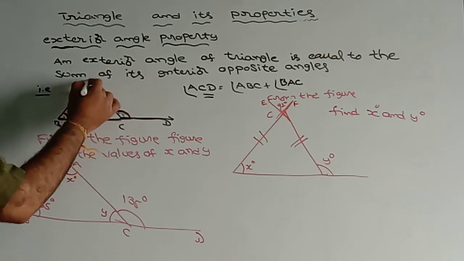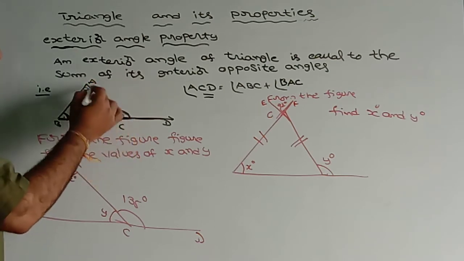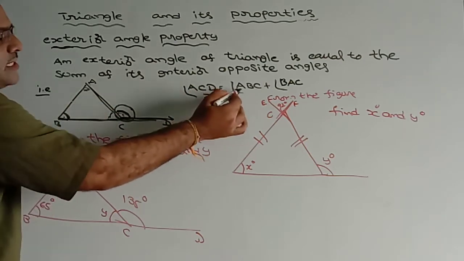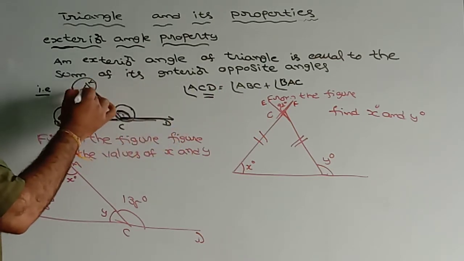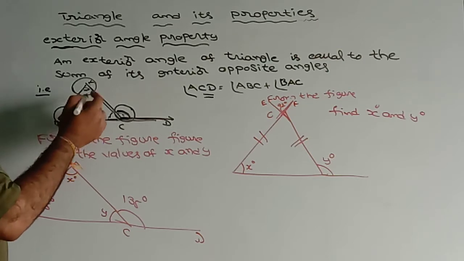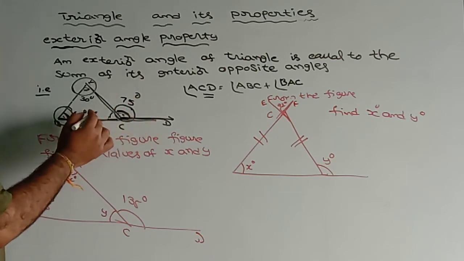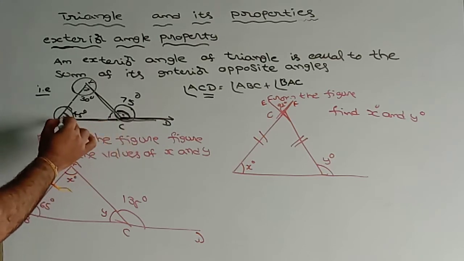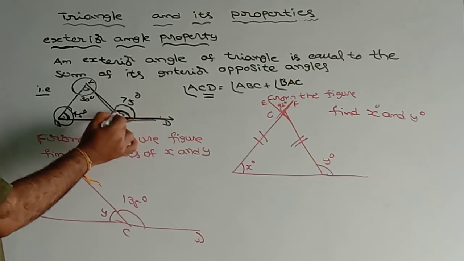In the same manner, side BA is produced, here some exterior angle. Then the inner meaning is angle ACD. Here you find the angle. How to find it? That means angle ABC, here angle plus here angle. If we add both angles, suppose this is 45 degrees and this is 30 degrees, then this angle will be 75 degrees. This is the inner meaning of the exterior angle property.